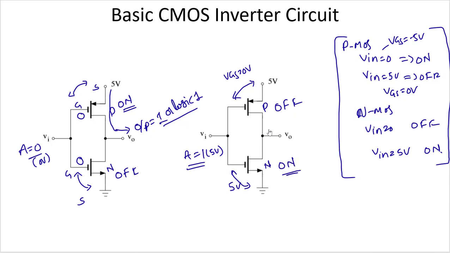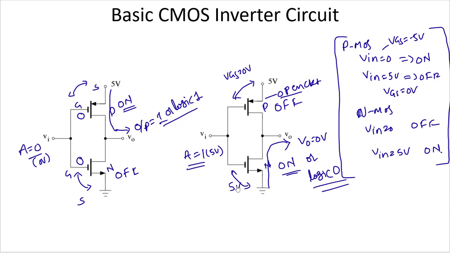Okay, when this is on and when P is off, this will be like open circuit. That means your power supply is not connected to output anymore. When NMOS transistor is on, you have a conduction path towards the ground side. As a result, you are going to get Vout as 0 volts or logic 0. So this is how we can explain the CMOS NOT gate working using PMOS and NMOS transistors.